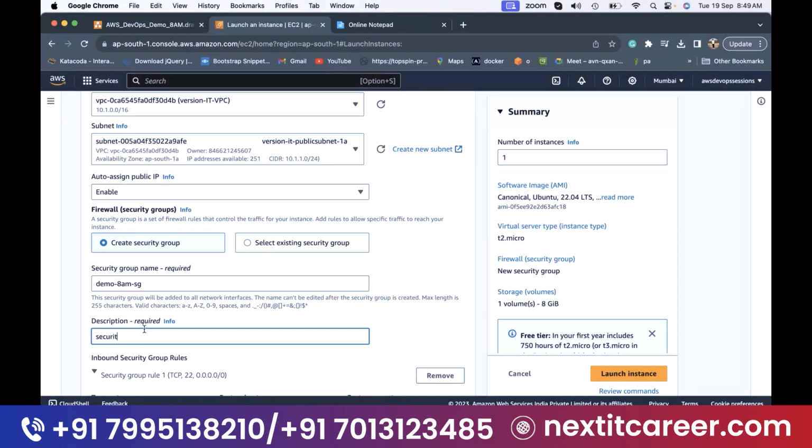Security group created for demo instance. I'm writing the description like this. So guys, this is an important point. In your organization, for example, if you are creating any security group,